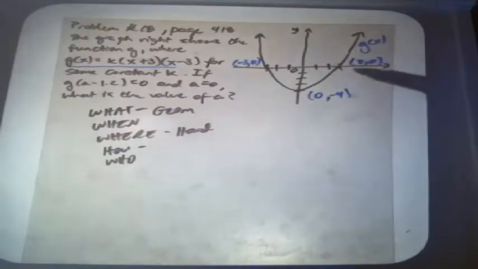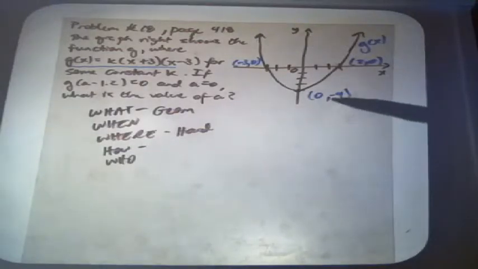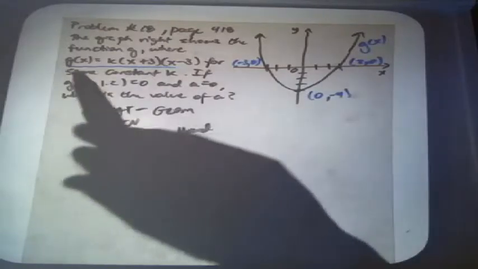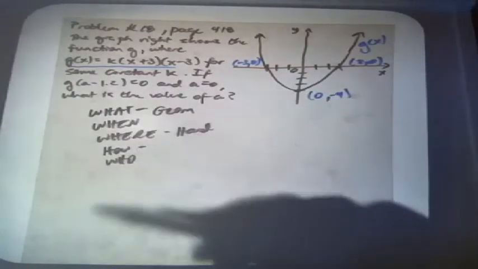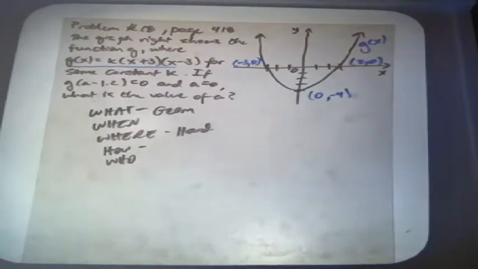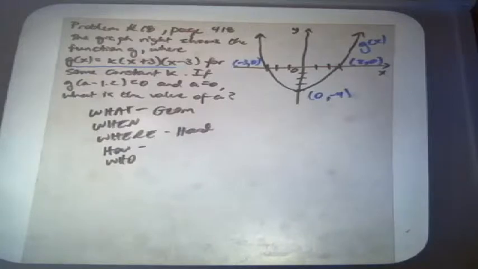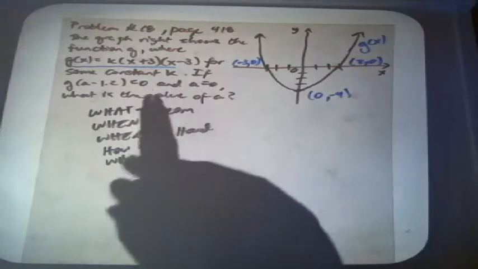Notice if we have points on the graph, we can always plug in these known points for our x and y values in the function, or our x and functional values, our g of x values, to solve for an unknown, in this case, k. So I could solve for k if I wanted to, and the way to solve for k is probably using this point here. But I might not even have to solve for k, because notice what we're trying to find